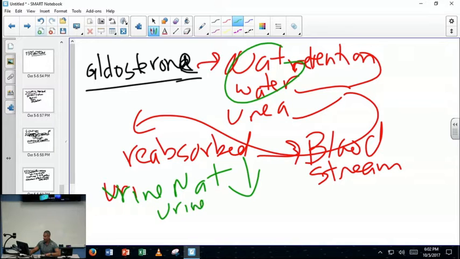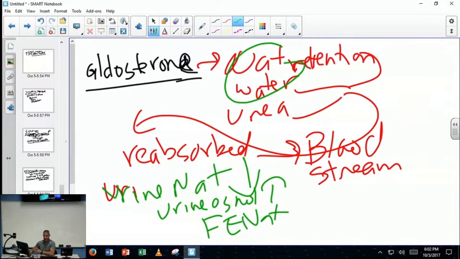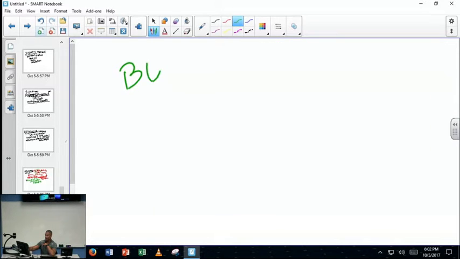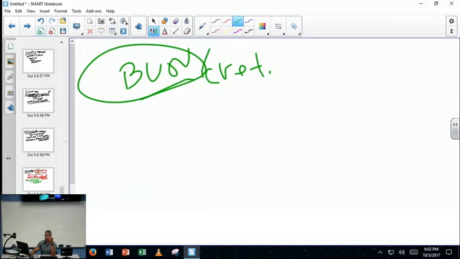Urine osmolality high. Why? Because your body is taking in more water, to use it to increase pressure to the kidneys. So urine osmolality is going to be high. Fractional excretion of sodium. Basically urine sodium and fractional excretion of sodium are saying the same thing. It's going to be low, because your body's going to be retaining as much sodium as it can to increase water reabsorption. And then last but not least, BUN creatinine, which I just mentioned. Increased reabsorption of urea into the blood, now it becomes blood urea nitrogen,